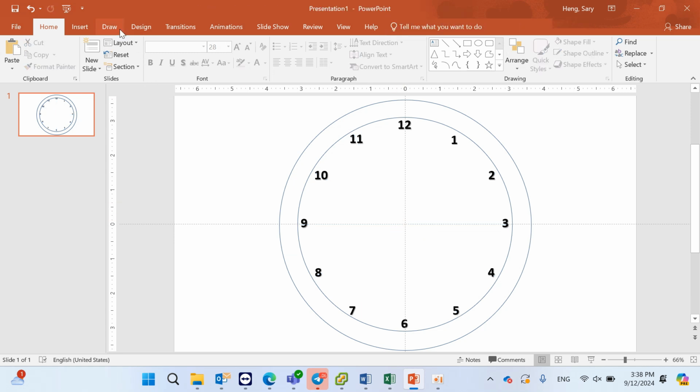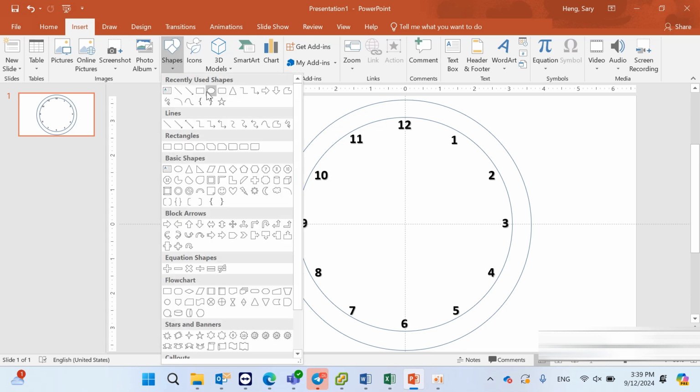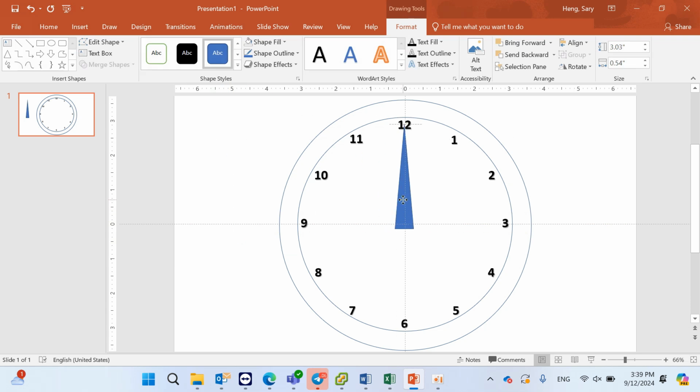and I need the hour, minute and second, so I go to insert, I select this one and I draw like this, and I need it in the middle, so make it smaller like this, and I copy it, Ctrl C and V, just rotate it like this,